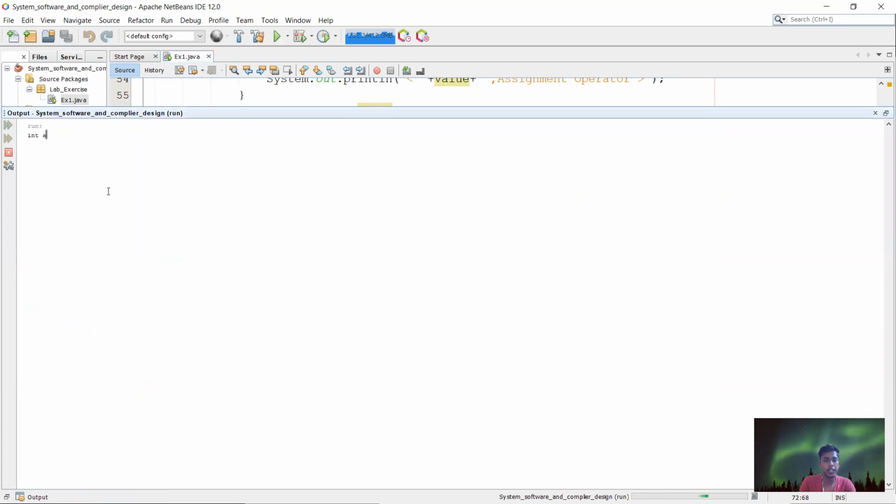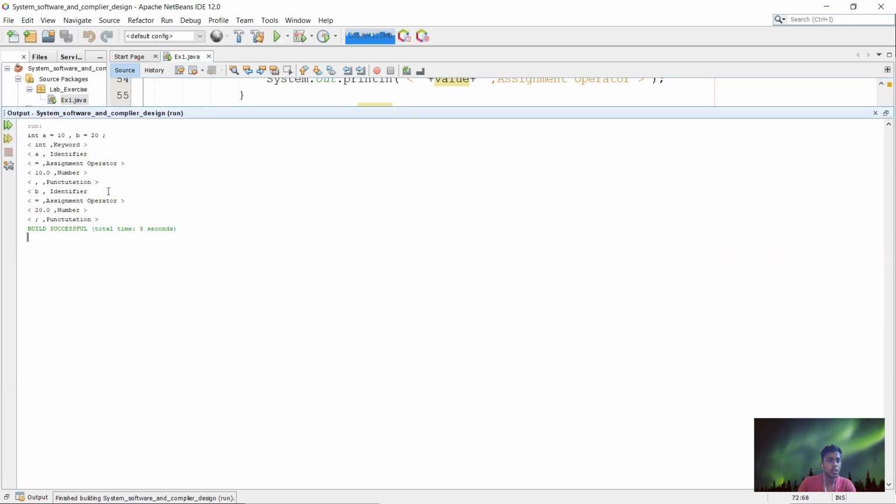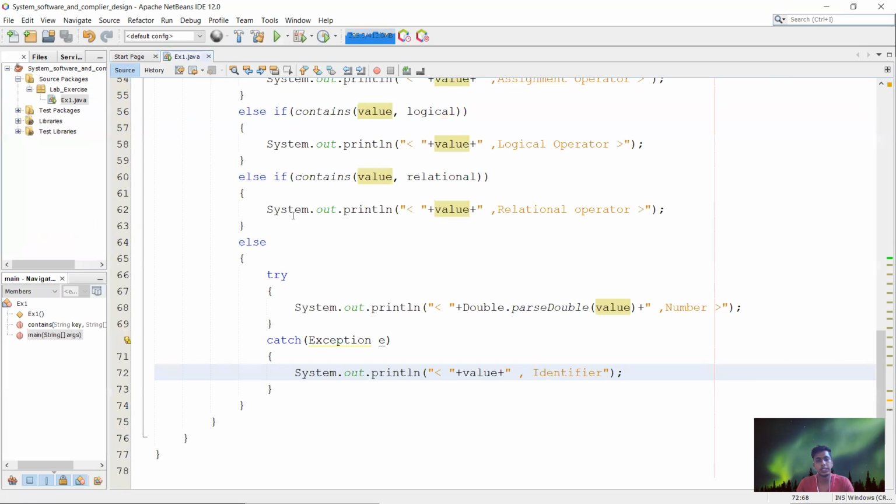Let us give int a equal to 10, b equal to 20. It will run successfully. That is, int is a keyword, a is an identifier, equal to is an assignment operator, 10 is a number, so it is converted into 10.0. And comma is punctuation, b is an identifier, equal to is an assignment operator, 20 is a number, and semicolon is punctuation. So our output matches here.